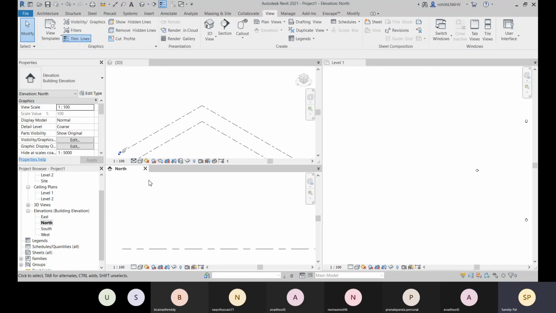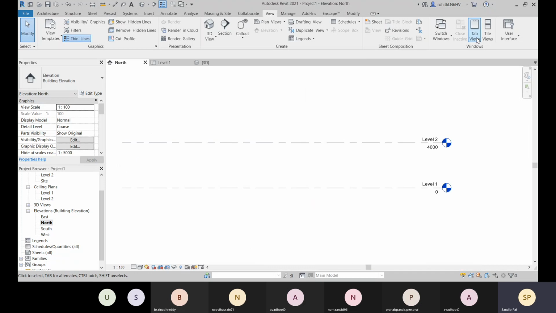Right now this one is active. You can see the name is highlighted in bold. So that is the meaning, this one is active. Again, you can click on this tab views and you have this tab views back there.